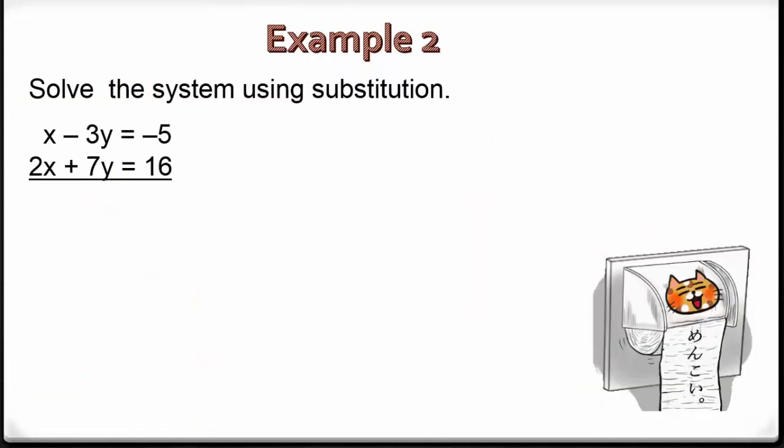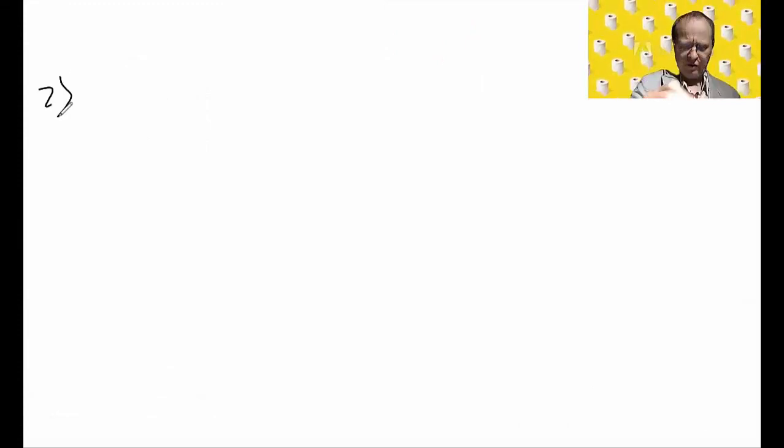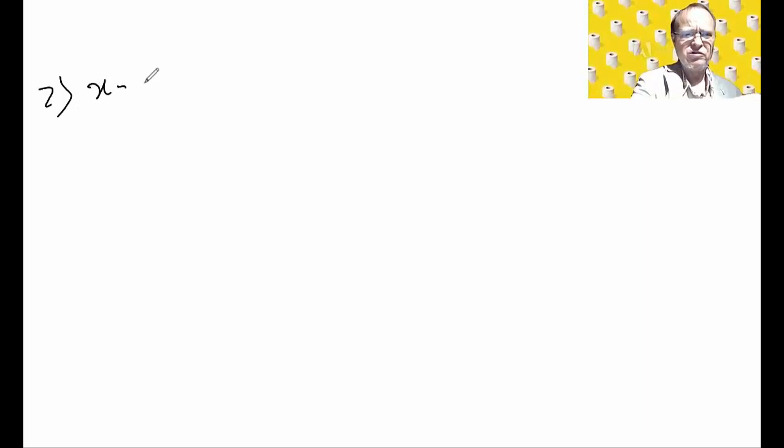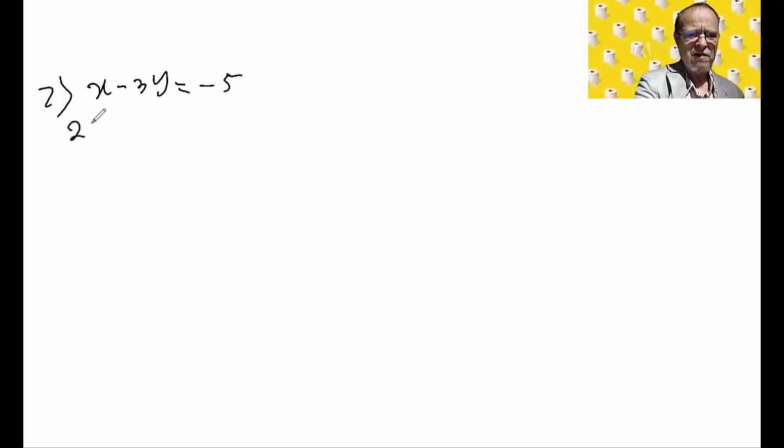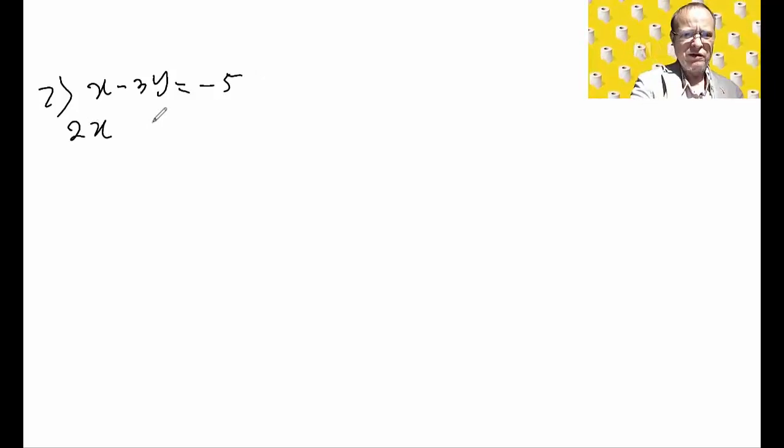In example number 2, we're asked to solve this system of equations using substitution. So let us go over to the whiteboard and work this one out. In example number 2, we're given two equations: x minus 3y is equal to negative 5, and 2x plus 7y